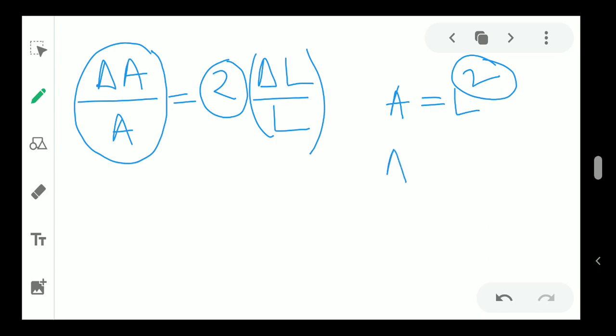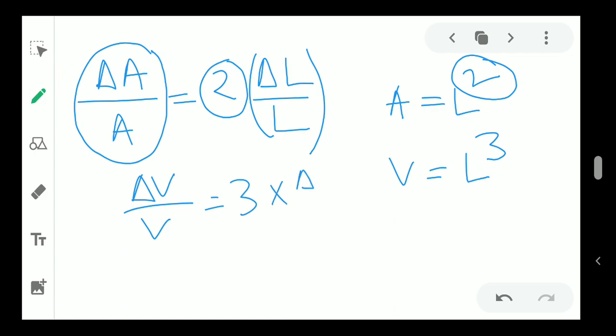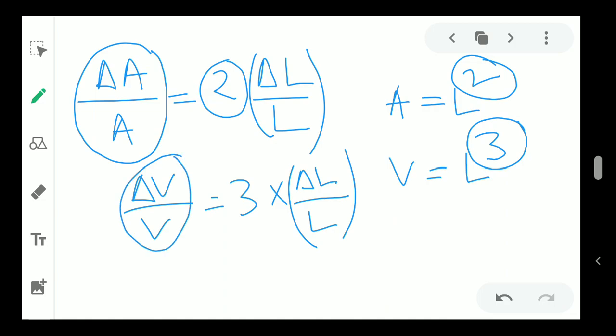So if something is there, let's say the volume, so in case of volume V equal to L cube, in that case your delta V by V will be 3 into delta L by L. So basically when the index is there, it comes down and is multiplied with our relative error. Okay,